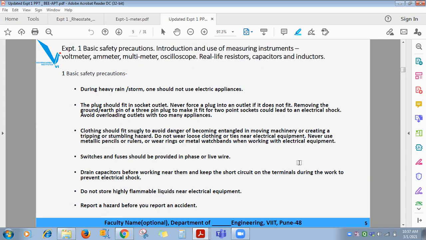In such cases, one more breaker is installed and that is called an RCCB. That is there in the electrical lab. Wherever there is a possibility that leakage current will get produced and a person working on it may get shock. So the moment leakage current starts to flow, the RCCB operates. An MCB, miniature circuit breaker, gives protection only in case of overload and short circuit. But if leakage current is produced in the outer metallic body and is flowing through earth, the moment it is produced, if an RCCB is installed, it operates. Immediately it opens the circuit.